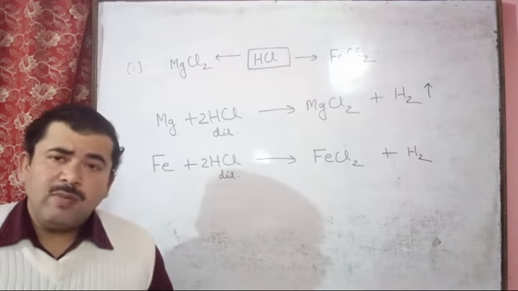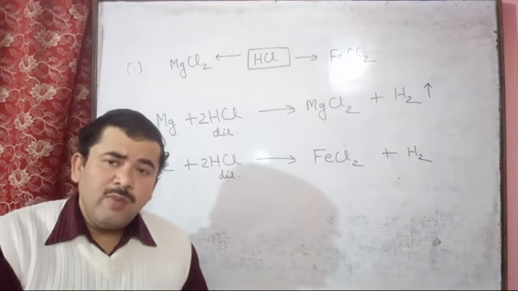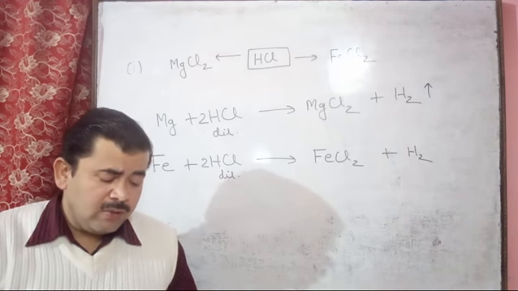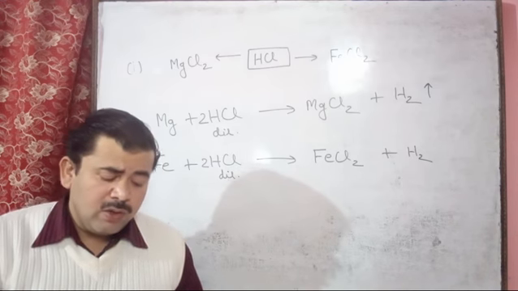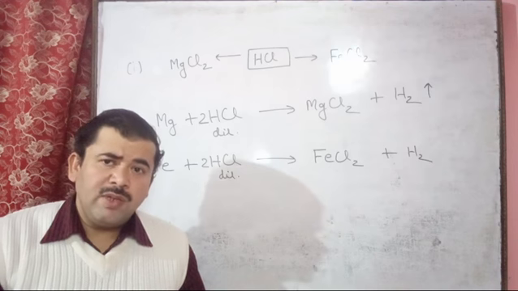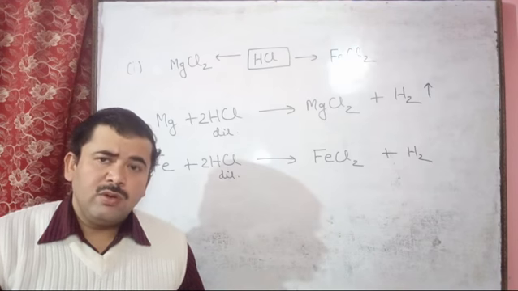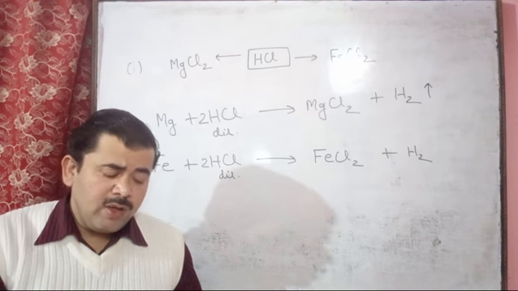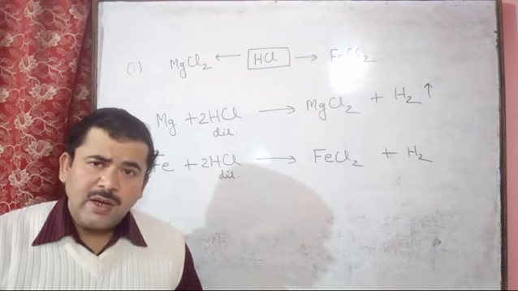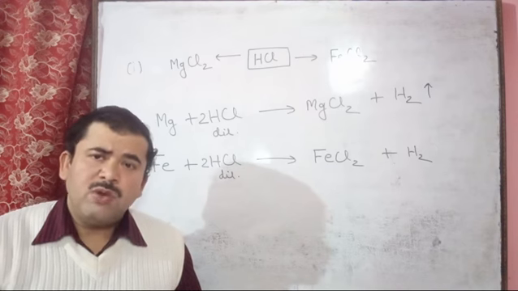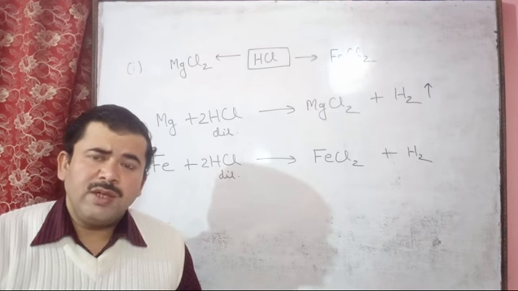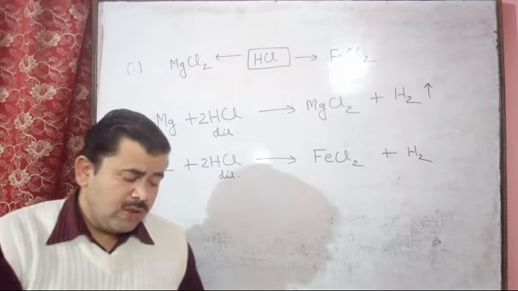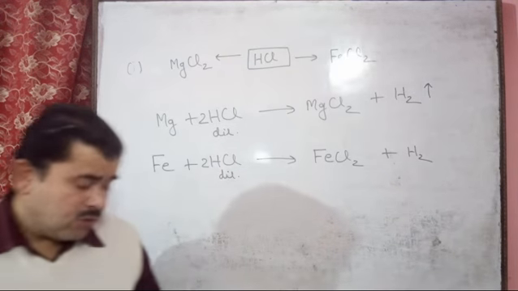Fifth question, the element which forms a diatomic molecule. So from these, bromine forms the diatomic molecule. Diatomic means atomicity 2, meaning 2 atoms are present in the molecule. So bromine is diatomic, Br2, meaning 2 atoms of bromine are present in one molecule of bromine gas. So here bromine you will take. Question number 6 here.